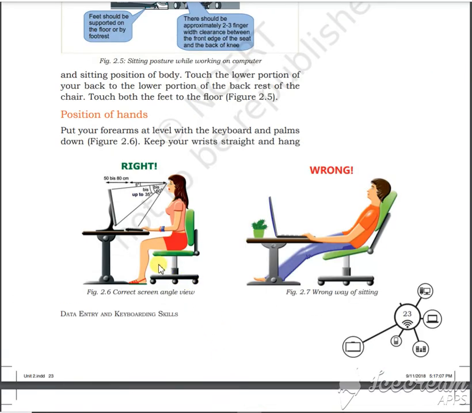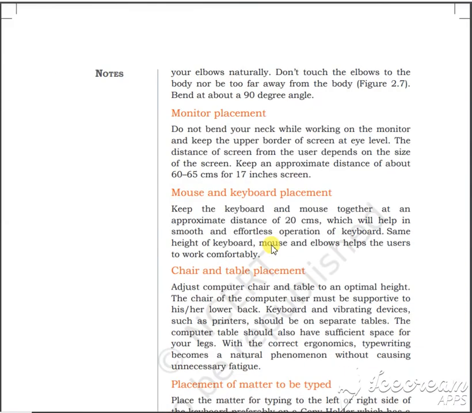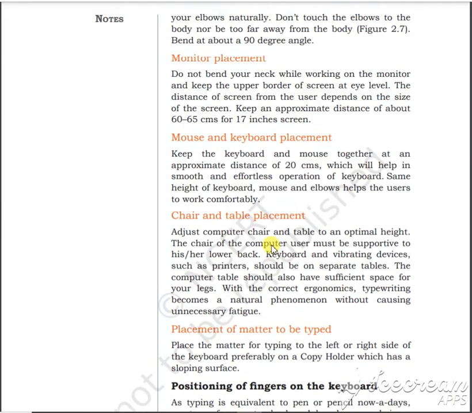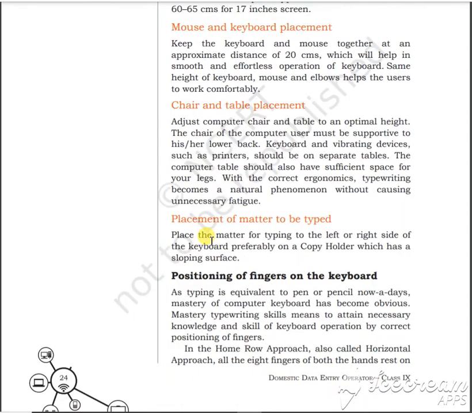Yeah, so this is the right position. You will sit straight and you will see the screen. This is the wrong way, the wrong postures that you are not going to follow. The monitor, what is a monitor? There is a monitor here. Your neck should be directly facing it, at 60 to 65 centimeters or 17 inches from the screen. The mouse and the keyboard should be approximately 20 centimeters away. Okay, so you will be comfortable doing it. A good chair should be provided, where your back and lower back support the chair properly, and you should sit at the table properly.